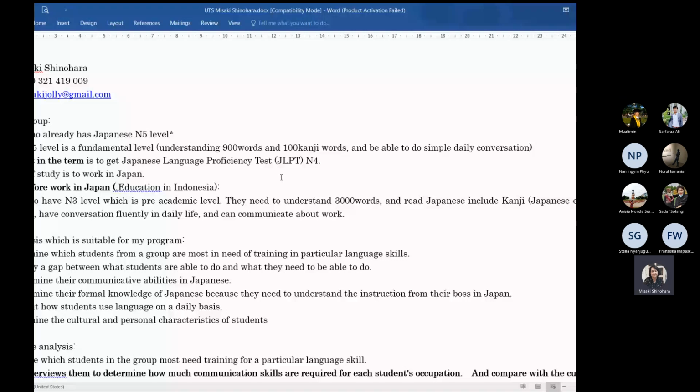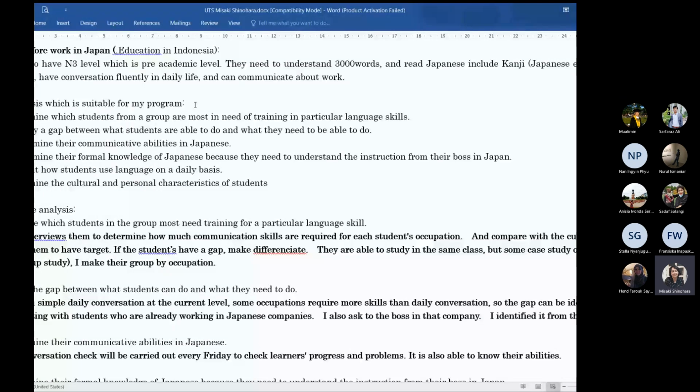Okay. Needs analysis is... there are 6 kinds of needs analysis. It's like this. To determine which students from a group are most in need of training in particular language skills, and to identify a gap between what students are able to do and what they need to be able to do, to determine their